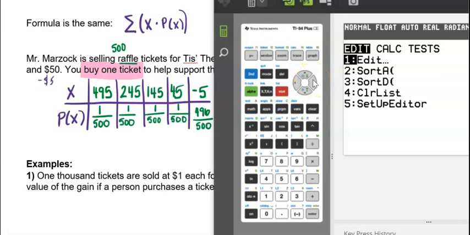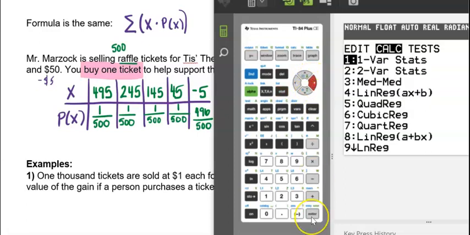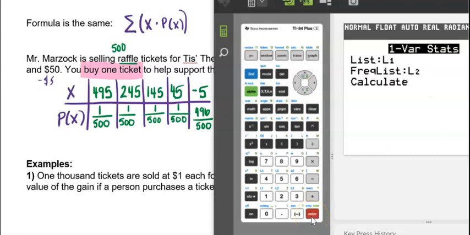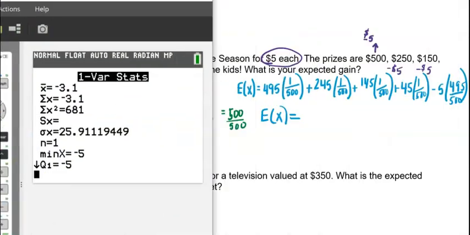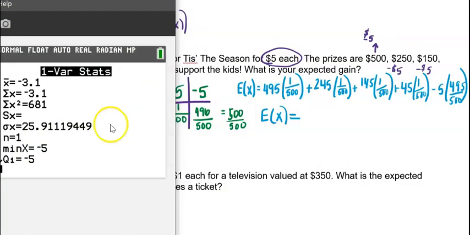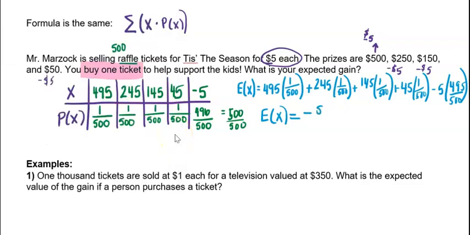See, it's good to know, if I'm paying $5 to partake in the raffle, I shouldn't be expected to lose $42 every time. That doesn't make sense. It should be about negative 3 something. There we go. Negative 3.1. Wow. All right, so what does that mean? Pull this over here. Okay, my expected value is negative